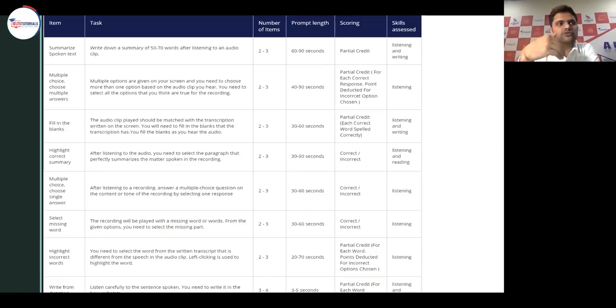Because it comes at the end of your test, you'd be sort of tired by the time you have reached this section, because you've done a lot of reading, you've done a lot of speaking tasks. So when you're here, time management becomes very, very important for this section. And so we'll be discussing how to manage time, what is time management, and all the other aspects